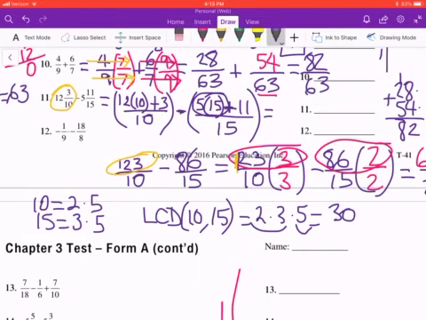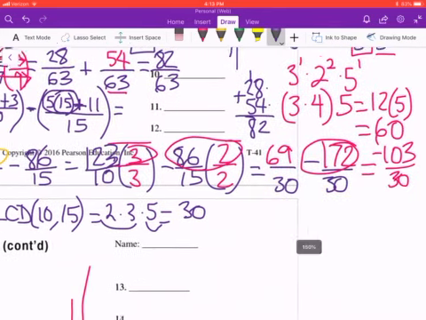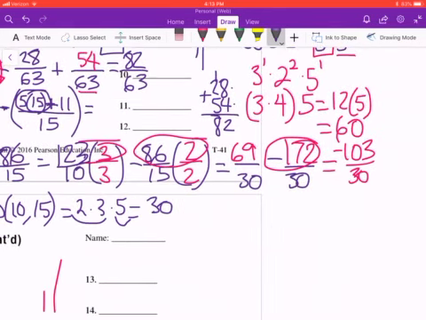So this should have been 123, not only 23. So 123 divided by 10. That's what I should have multiplied. And so because of that, my problem was wrong. So if we multiply 123 times 3, that will be